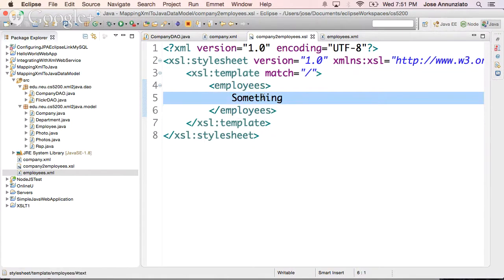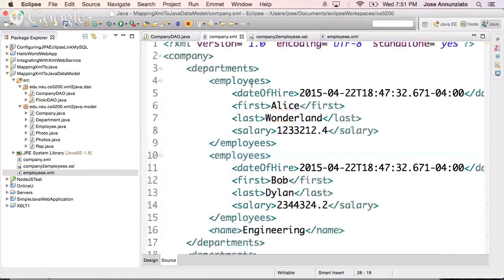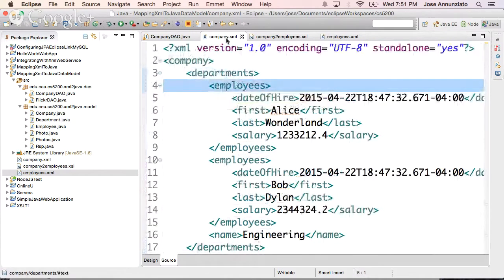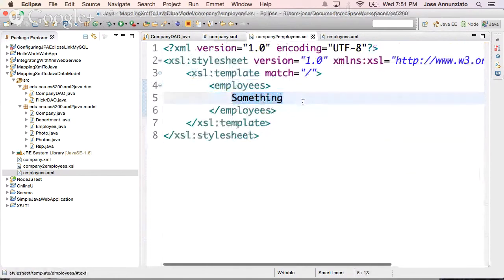Okay, so employees. What I want to do here is iterate over all the employees. So where are the employees? They are under company / department / employees, right? So let's iterate over that. I'm going to say